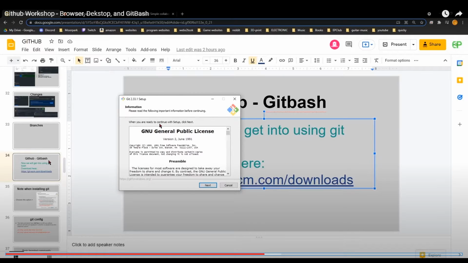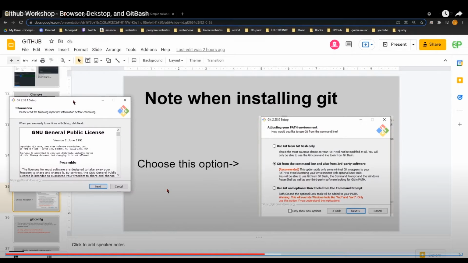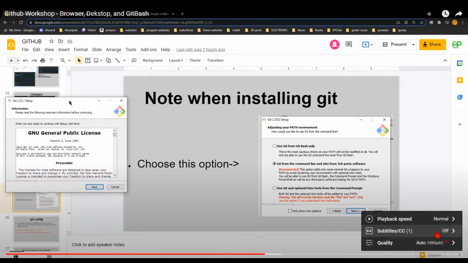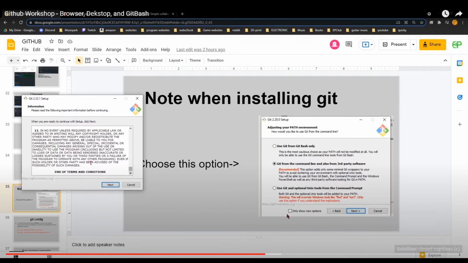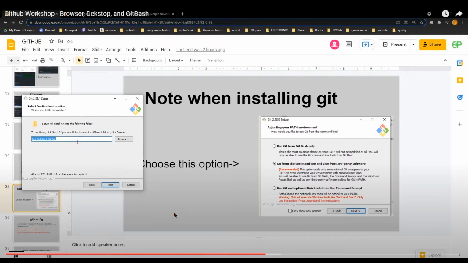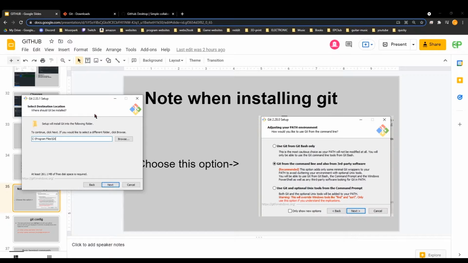Hopefully once you open up, I think it's just the .exe, the installer. This is what you should see, and this is just the license. So you can just go ahead and skip through this. Let me speed this up just a tiny bit. You can skip through that, and then you want to go ahead and install it